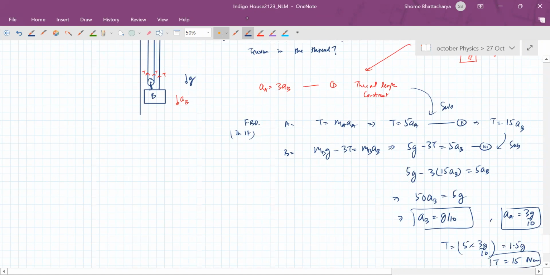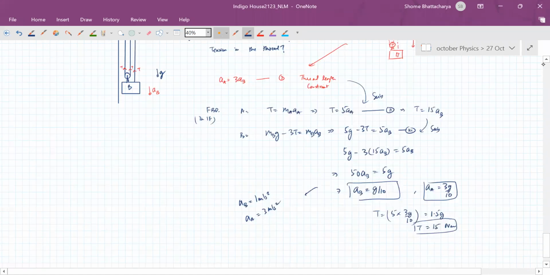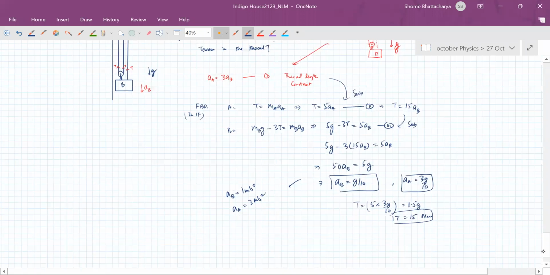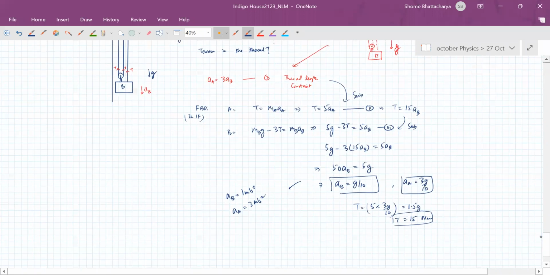Okay, one of you has got that. I was just going through the answers. Yeah, Siddharth, you got this correct. So acceleration of B, you can see, will become 1 meter per second square, taking G as 10. The acceleration of A is therefore 3 meters per second square. So this is an important type of question, okay, involving constraint relation. So make sure you note this down.